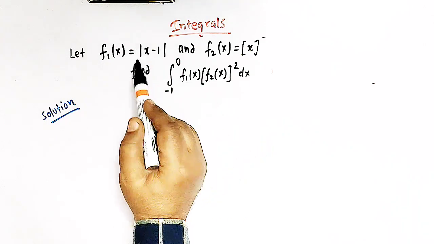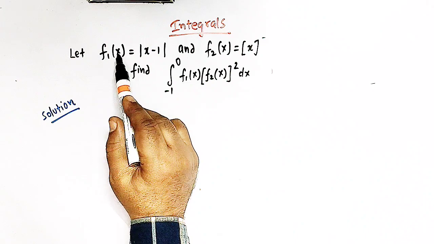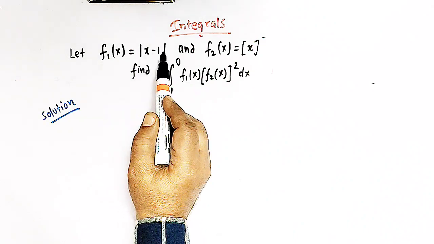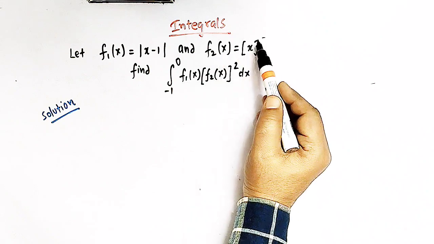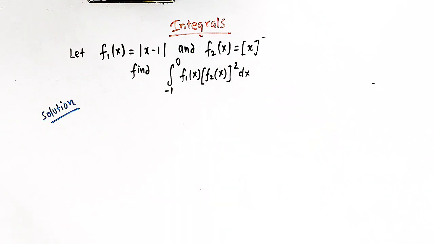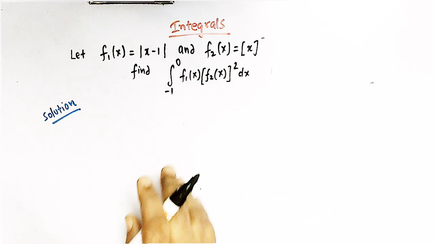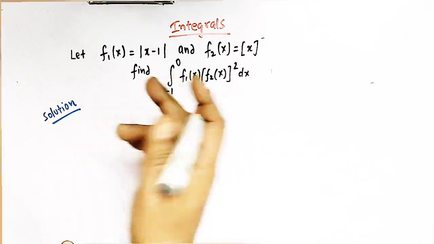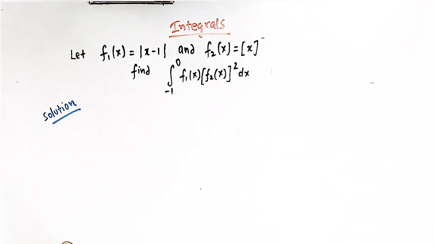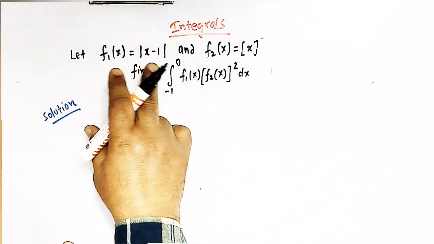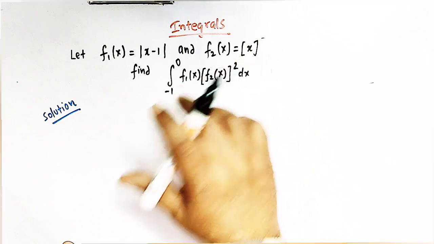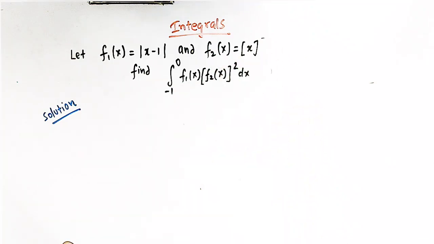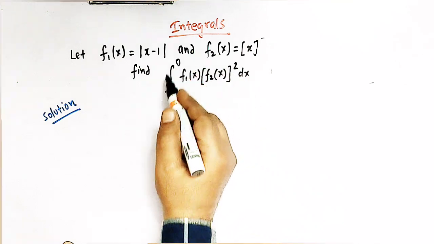So here we have the mod function, that is f1(x) is the absolute value function, that is mod of x minus 1, and f2(x) is the greatest integer of x. So now to evaluate this integral, we can make use of the definition of mod function and greatest integer function. So the definition of mod function and definition of greatest integer function can easily lead us to the value of